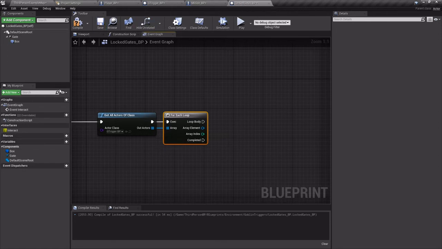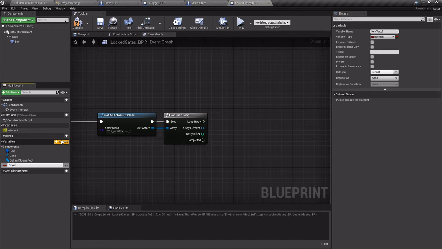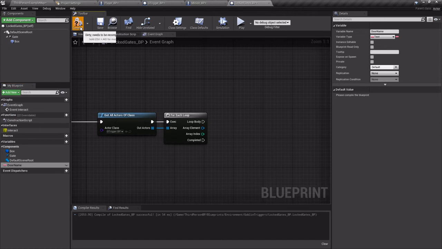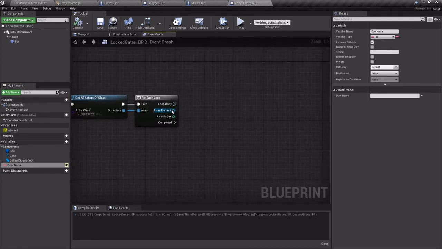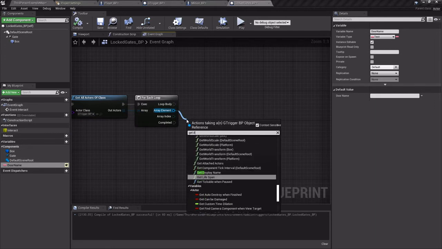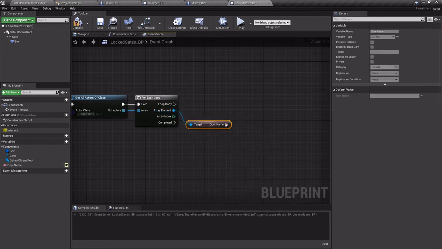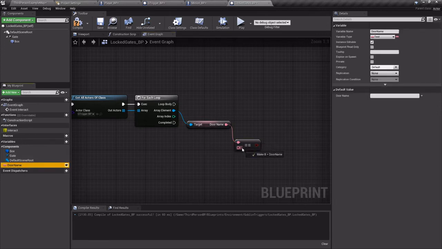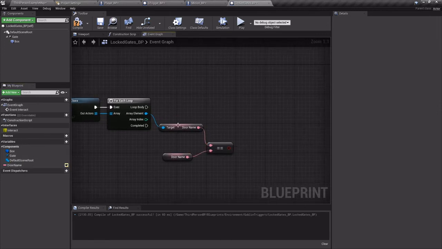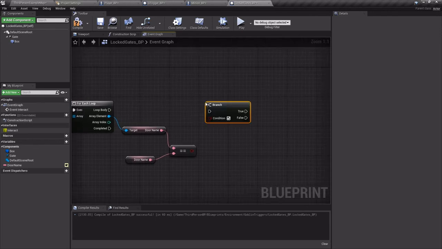So in our door, we want to add a variable called door name, just like the last one, which will also be a text that is editable from the instance. Let me make sure I did that. Yeah, okay. So we'll get all the actors, and we want to find the singular one that has this name. So we will get door name and find out if it is equal to the door name we're looking at. So this will compare these two and make sure they're the exact same. We'll add a branch,